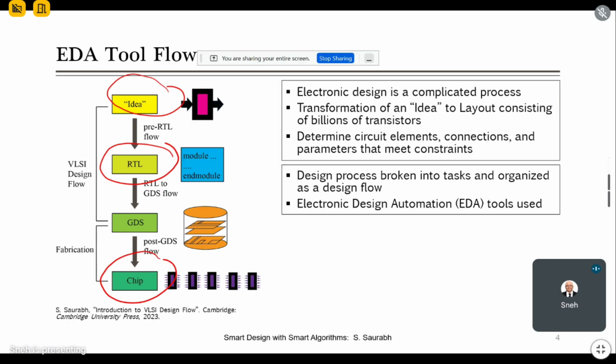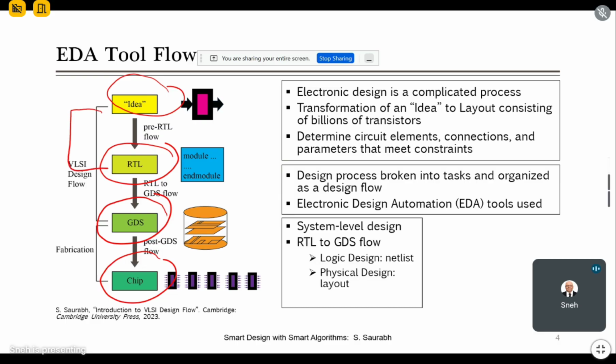So we break the basic task of designing a chip into small steps and carry out in the flow, and at the end we get a chip, we get a layout, right? We get a layout which we call as GDS, and then that GDS goes to the foundry and the foundry fabricates it, right? This is how the EDA tool flow works, right? So in this EDA tool flow, what we have is the system level design at the top. Then what we have is RTL to GDS flow, right? RTL to GDS flow, in which